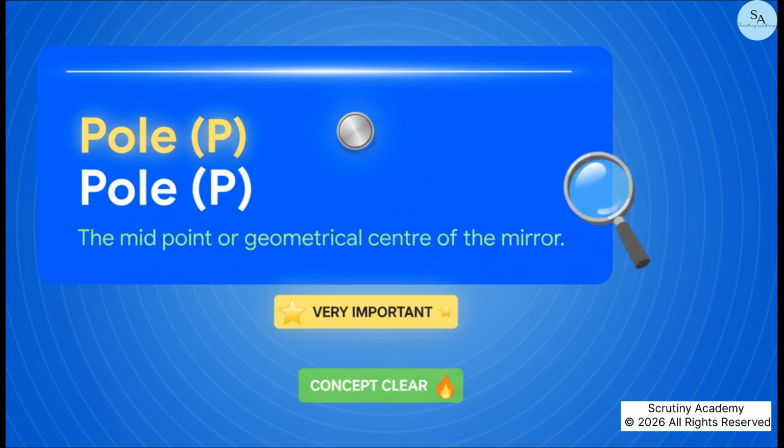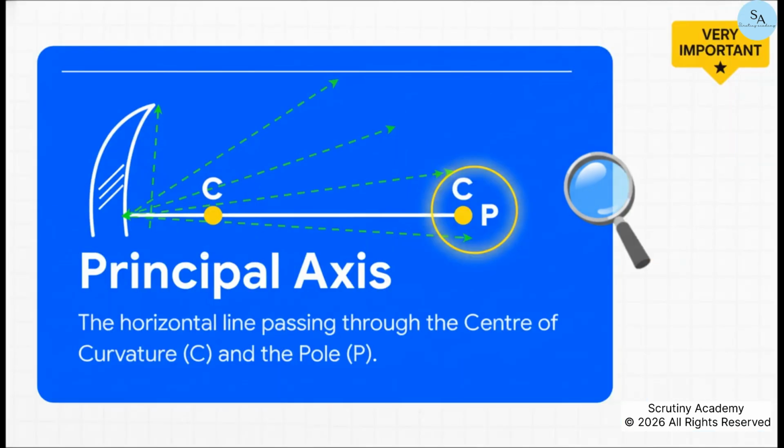First up is the pole, which we label with a P. This is super easy. It's just the exact middle point on the shiny surface of the mirror itself. You can kind of think of it as the mirror's belly button. Next, we've got the principal axis. This is like the main road for our diagrams. It's the most important reference line. It's just a straight line that runs through both the pole P and that magical point we just found, the